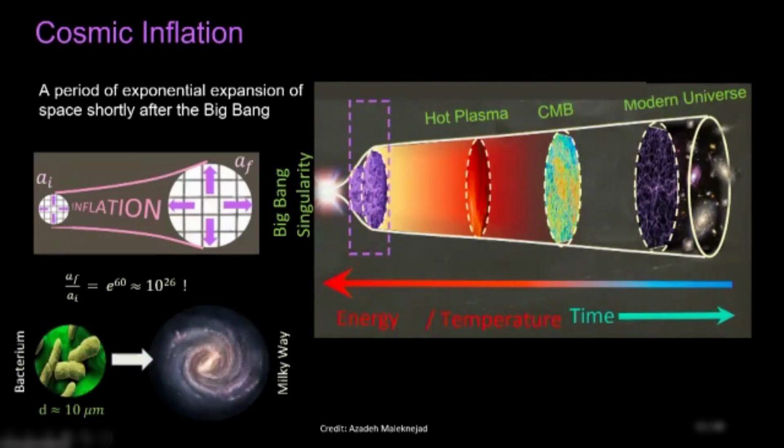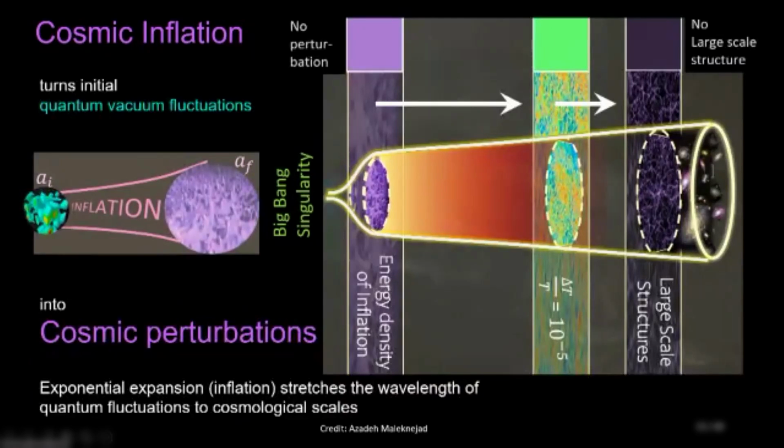That is the same as if I would stand here and say, this is a bacterium, I have identified it, it's 10 micron in size, then I blink my eye for a second, and the bacterium is as big as the Milky Way. That is quite shocking if you think about it, but in the blink of an eye, a bacterium becomes the Milky Way. And the question is, does the Milky Way size bacterium still have some information of the bacterium that was at the beginning of this expansion? Is there any link between the two? And this is the key question.